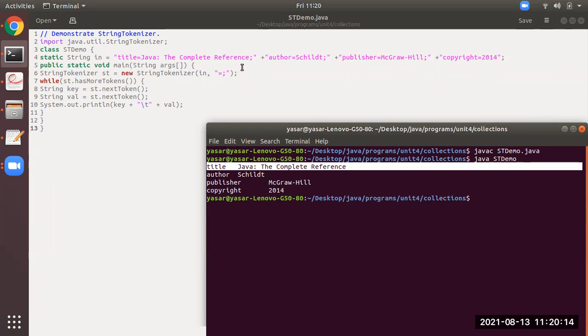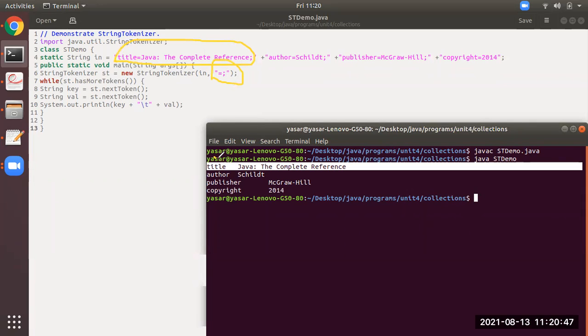See the first string from here. Okay, this is the first string: title equal to Java, colon, the complete reference. What is happening with this program is that it has broken down that data into discrete parts according to the delimiter we have specified. Wherever there is an equal sign, it will break the data.